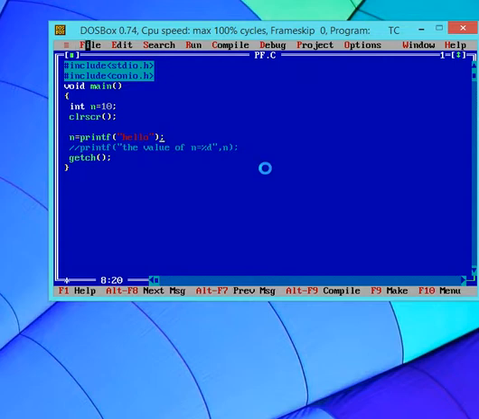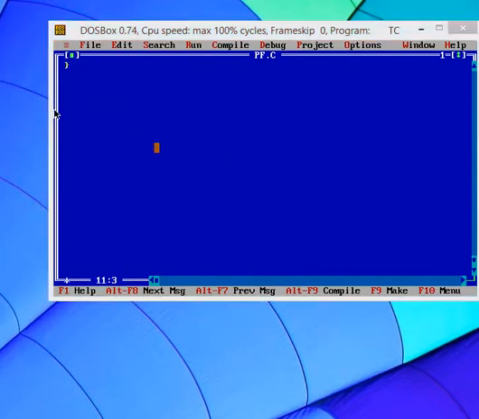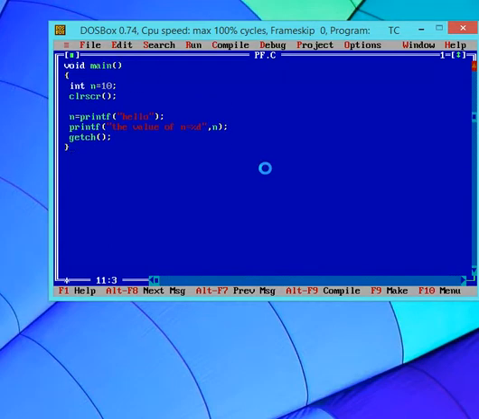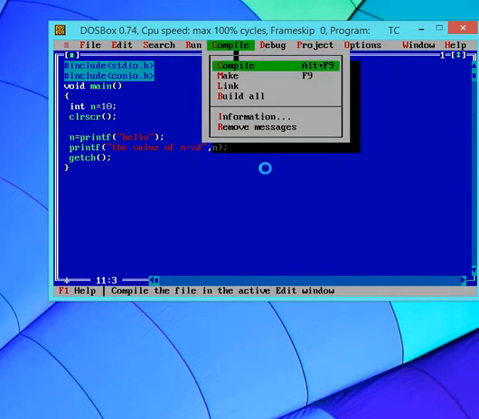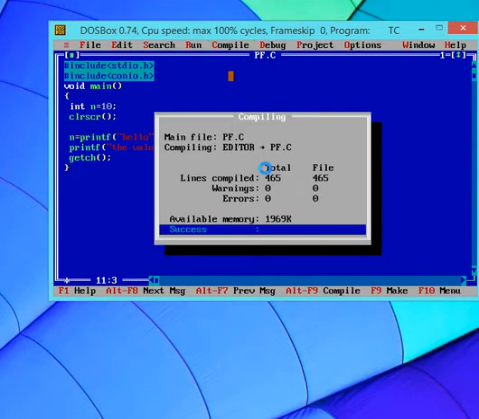So let's see the result of this function. I assign to n the return value of printf, and in the next line I will try to print the value. So let's compile this program and run it.